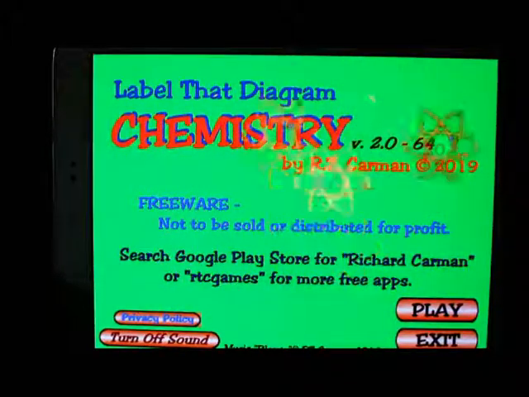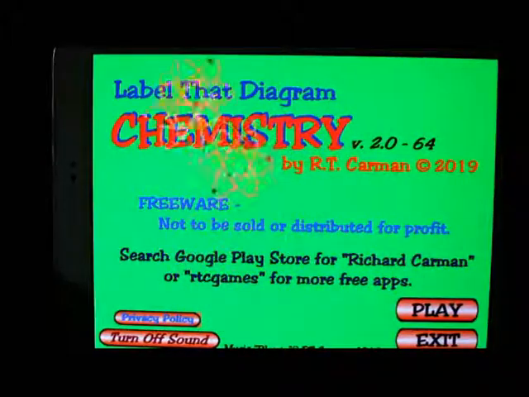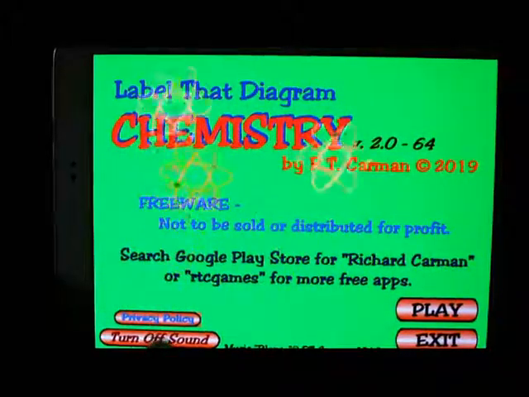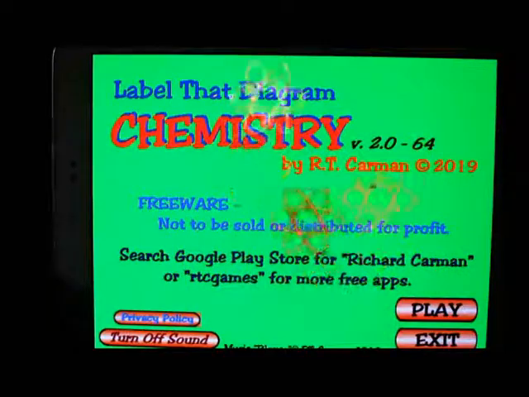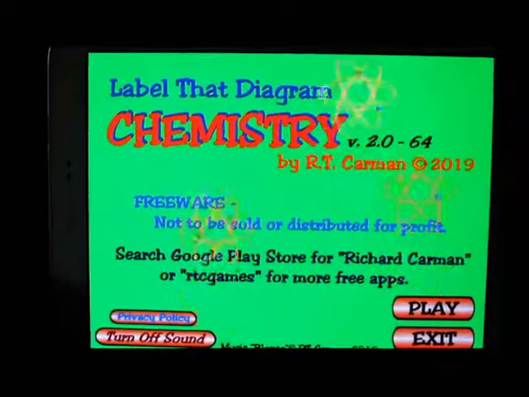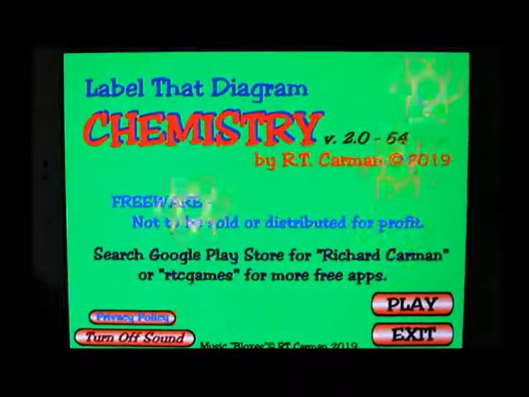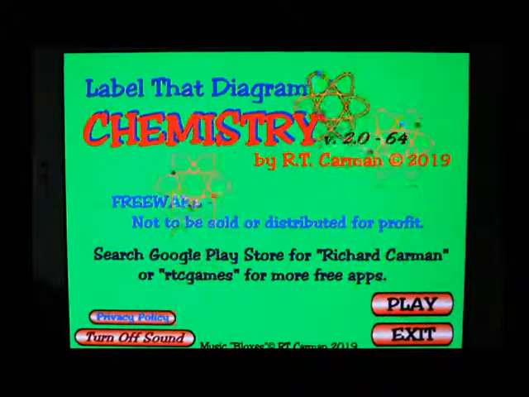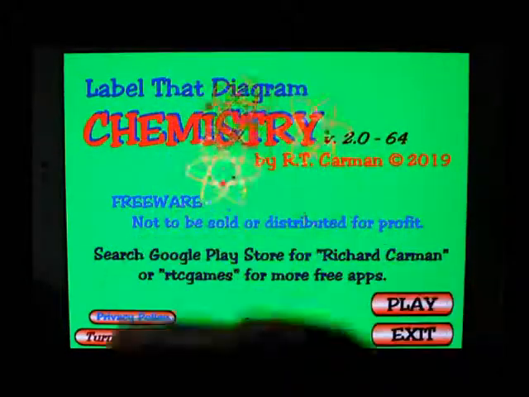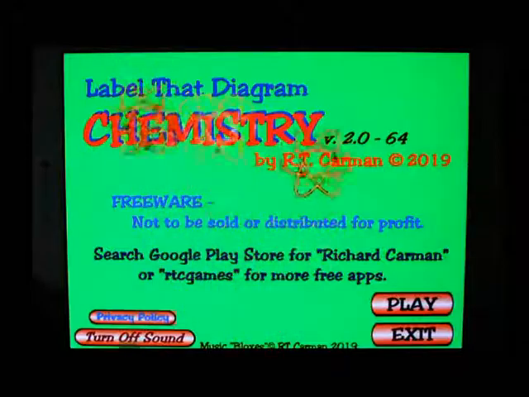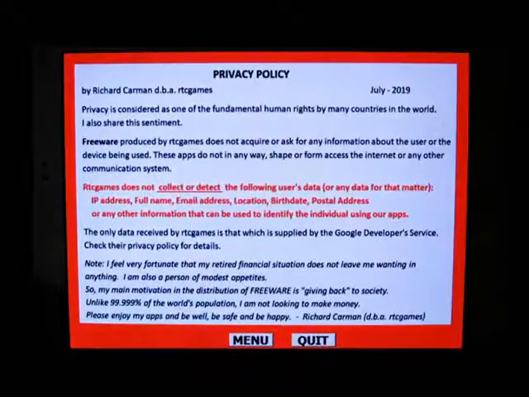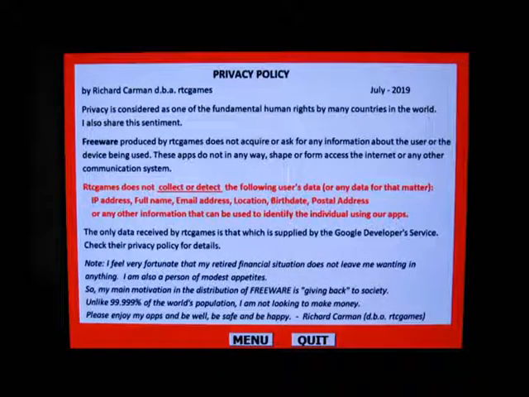This is updated, has some new things added to it. First, let me turn off the sound. Okay. And this program covers 7 different diagrams in chemistry. There is a privacy policy, and now I've included in this, which goes through the details of